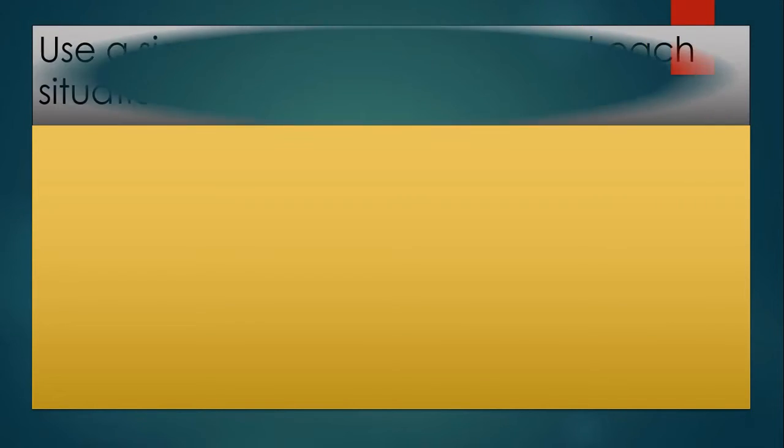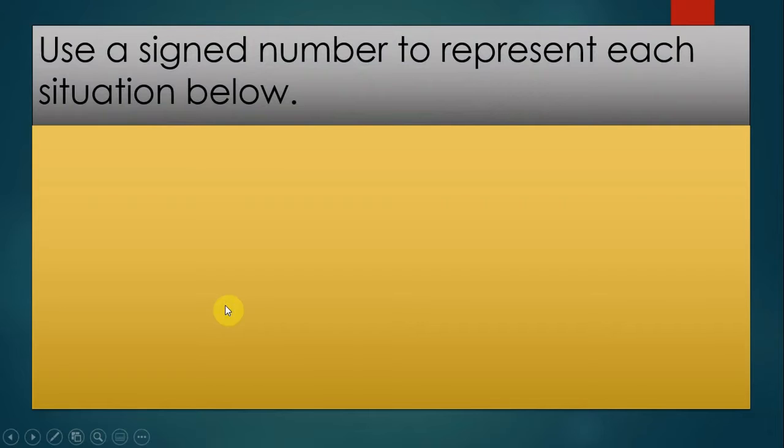Now we use a signed number to represent each situation below. You already know what signed numbers are. When we say signed numbers, it refers to integers, positive and negative. In this situation, a drop of 4 pesos. What is the sign for this? The sign for this is